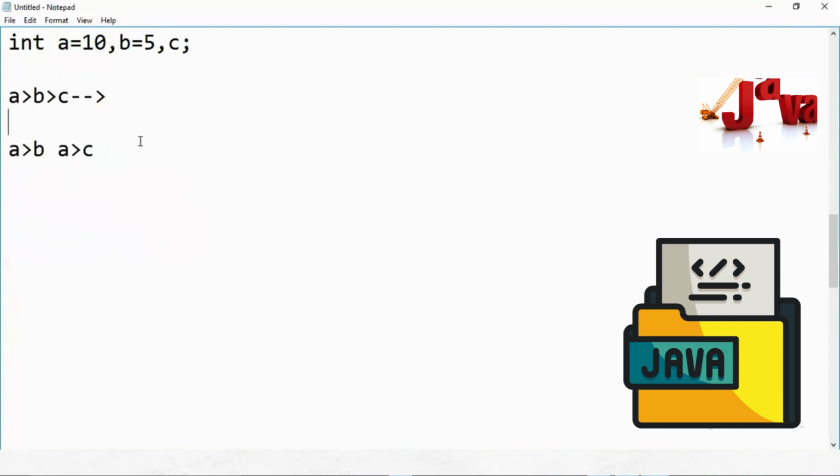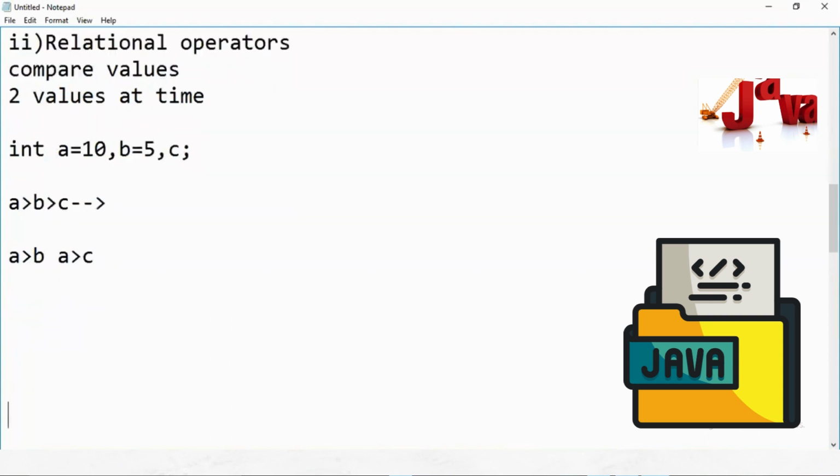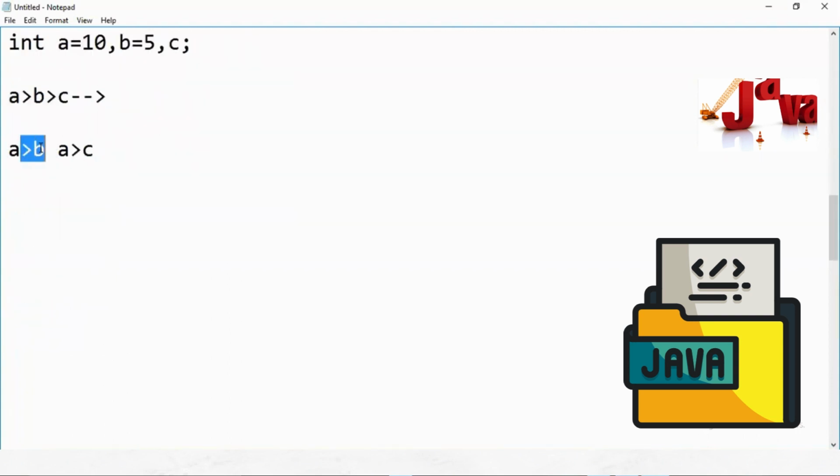I hope you got clarity on this now. Is it clear to all of you, my dear friends? This is the idea about relational operators. They compare values, and we can compare two values at a time. The second thing is that chaining of operators is not possible. It is possible to compare only two values at a time. And one more thing, when you apply a relational operator, maybe greater than, less than, anything,